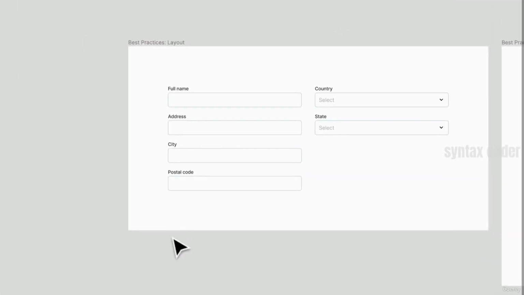Next, let's think about layout. Now, yes, layout applies to your forms as well. We have all been guilty of this, including me when I was first starting out. Forms should always be arranged from top to bottom in a single column so it's easy for a user to